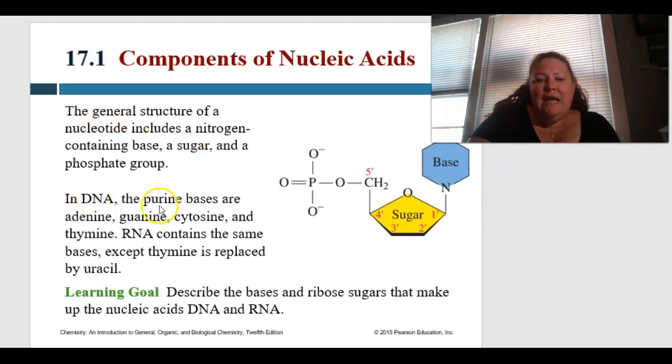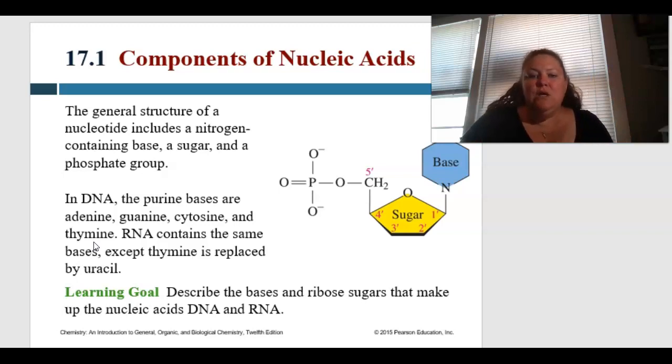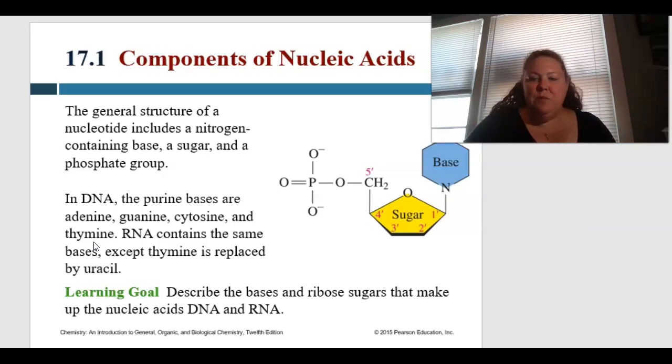Okay, so in DNA, the bases are adenine, guanine, cytosine, and thymine. RNA is a little bit of a diva, right? It's like, I am way too important for T's, so you have to use U's. And so RNA contains the same bases, except that thymine, T, is replaced by uracil, or U. So we're going to learn how to describe the different bases and the ribose sugars that make up the nucleic